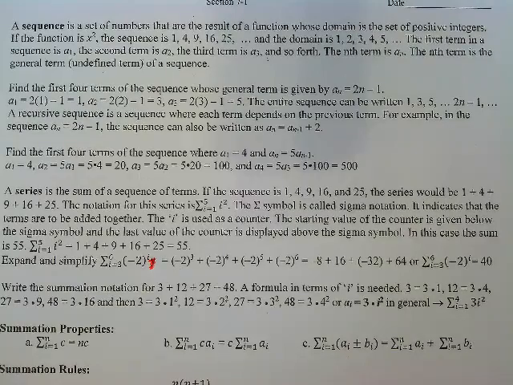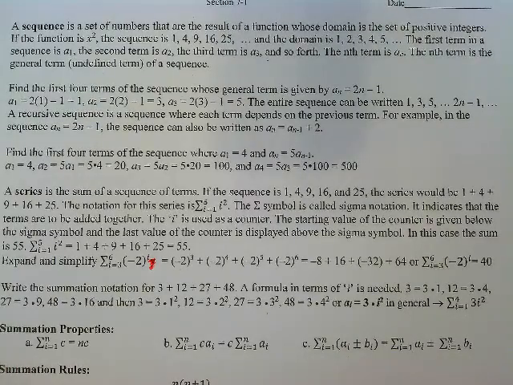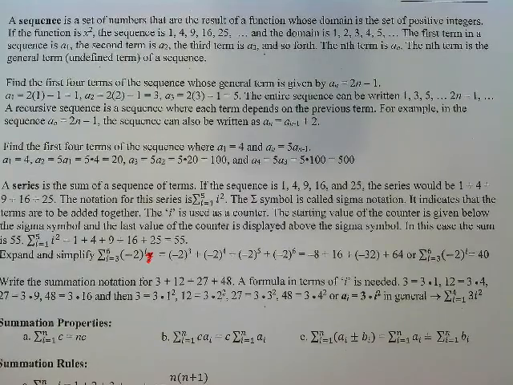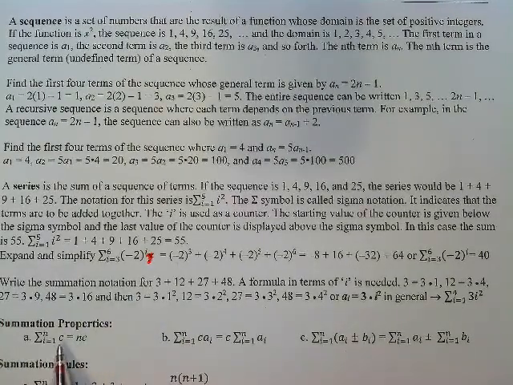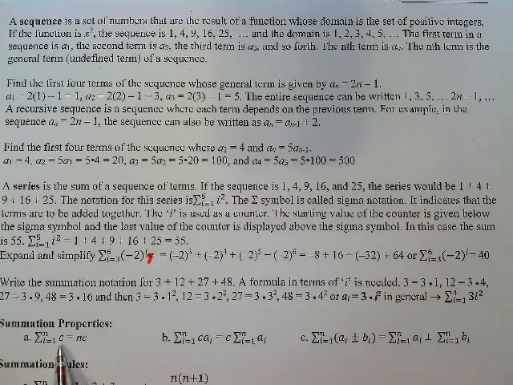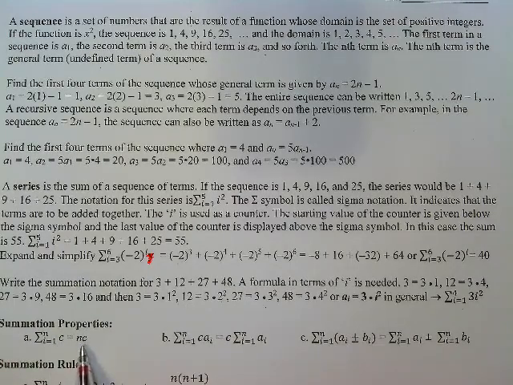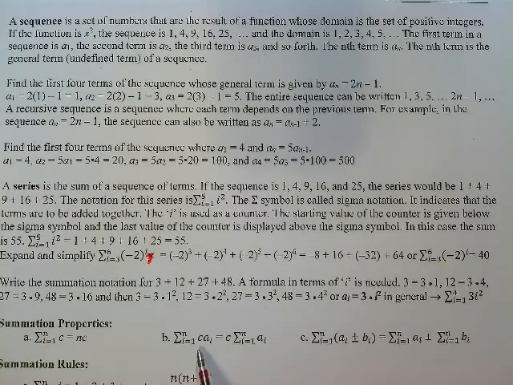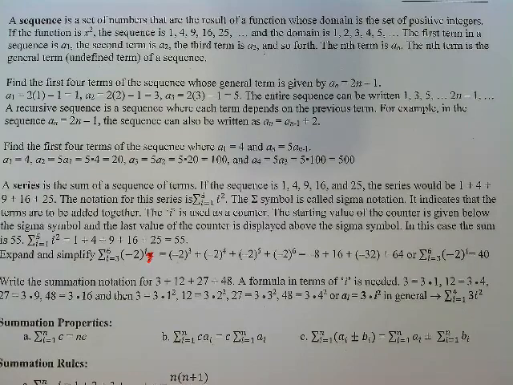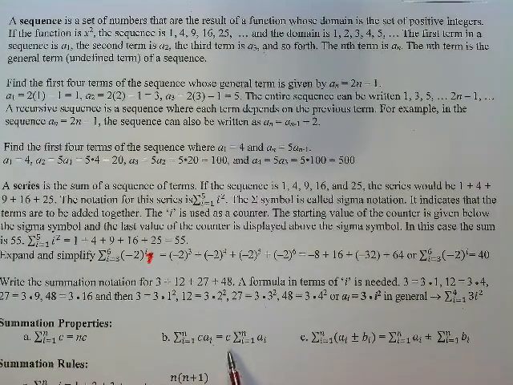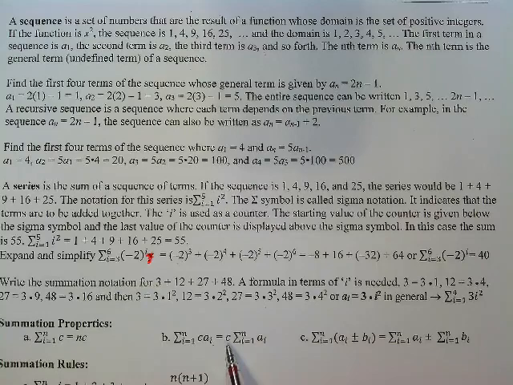Now, there are some summation properties that sometimes can help us solve problems. If we're doing the summation of some constant number, in other words, we're just adding the same number up over and over again, that simply is n times whatever that constant value was. If we have a constant times some function, so this is a sub i representing some kind of function,